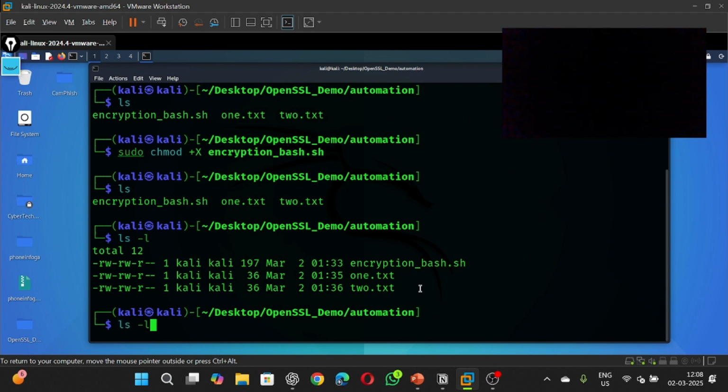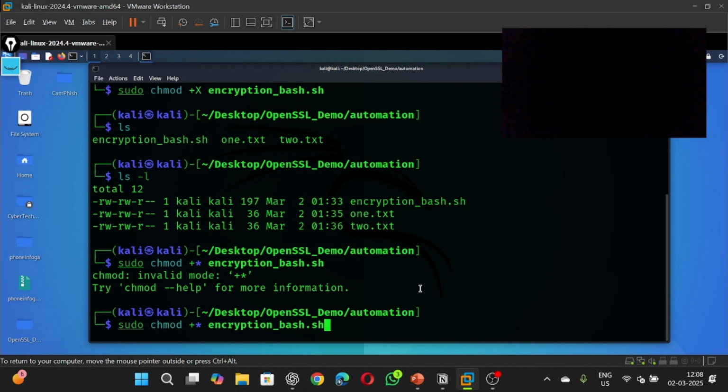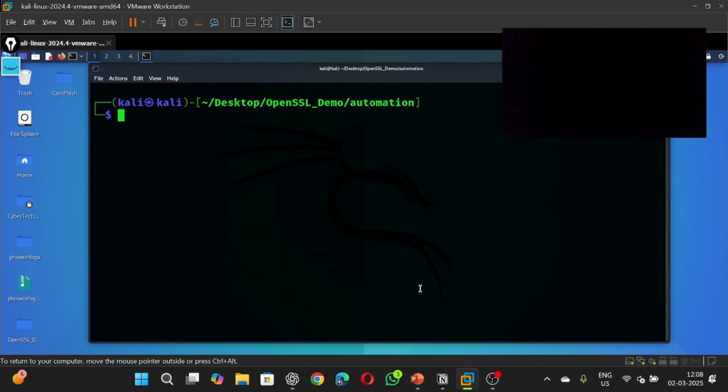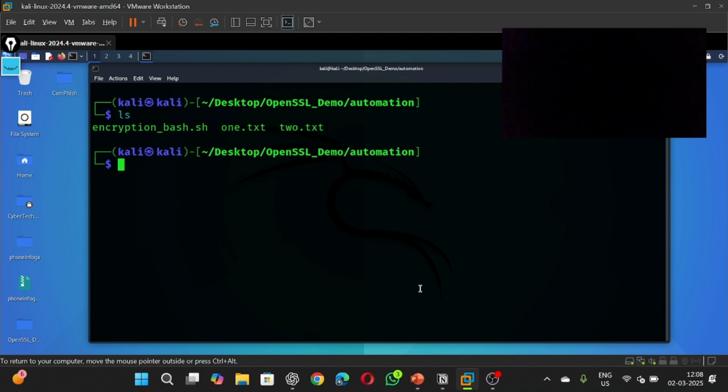Let me clear the screen, and next we have to create an automation bash file for decryption. Okay, so first create, or you can directly create it. Okay, sudo then mousepad decryption